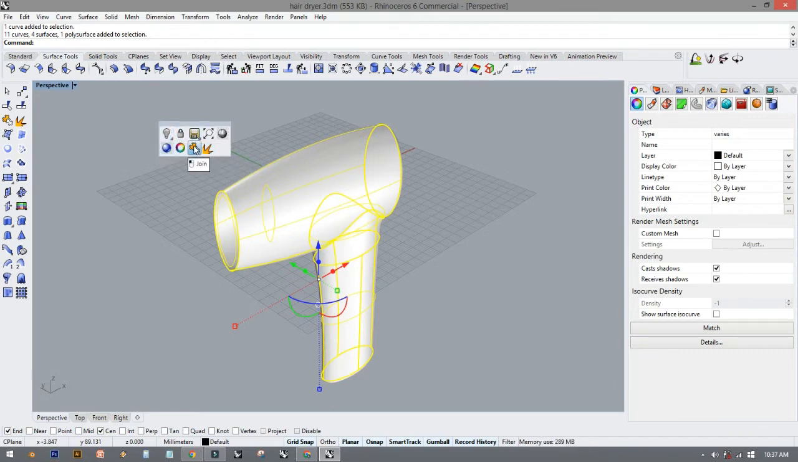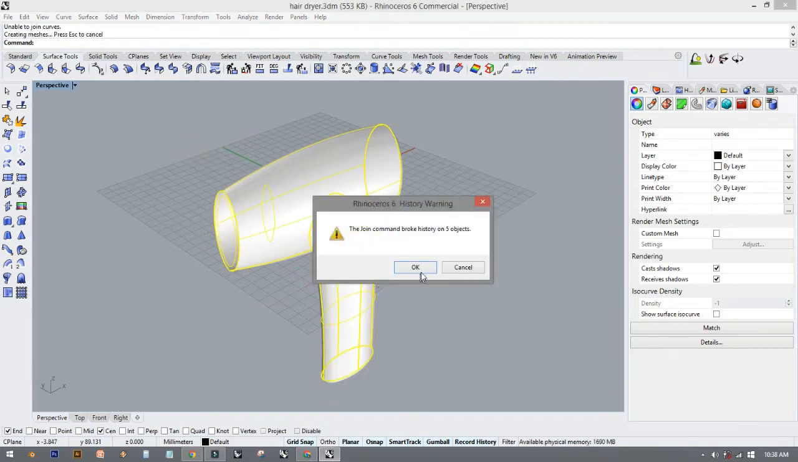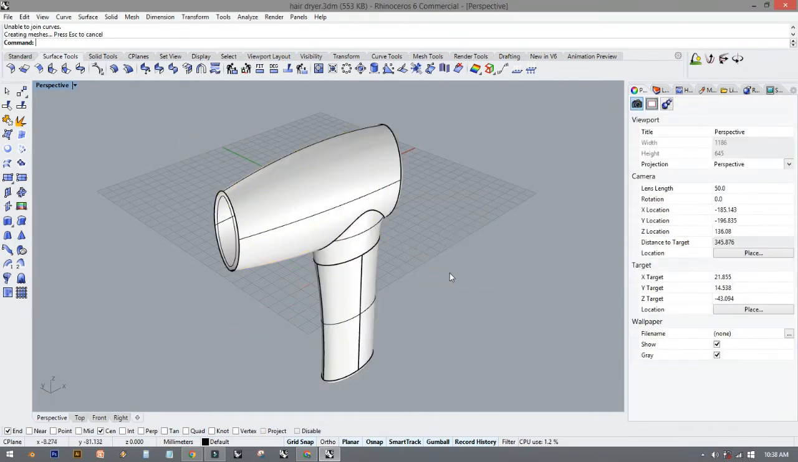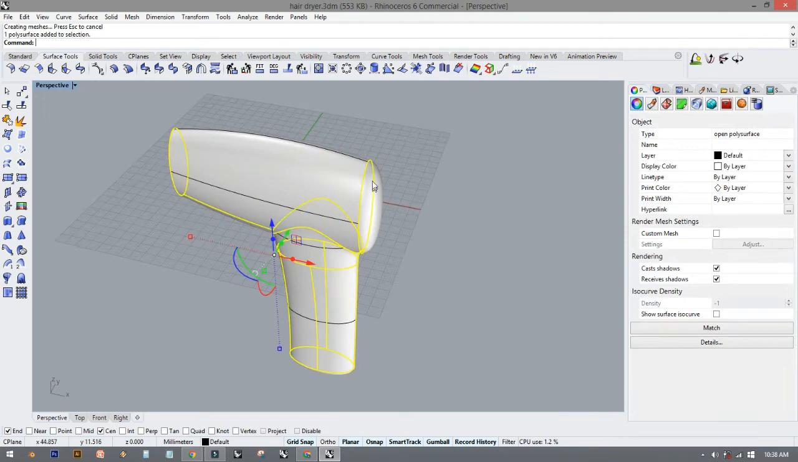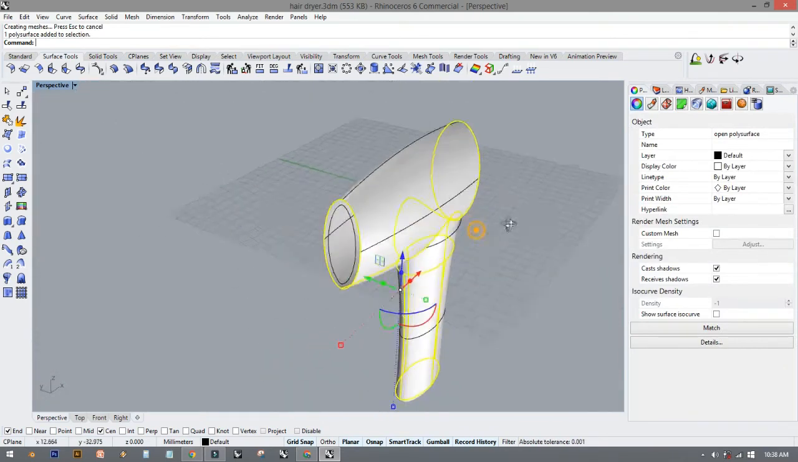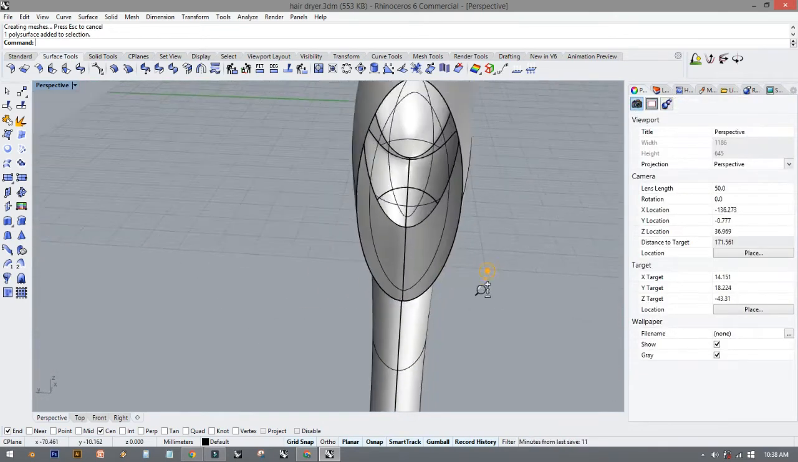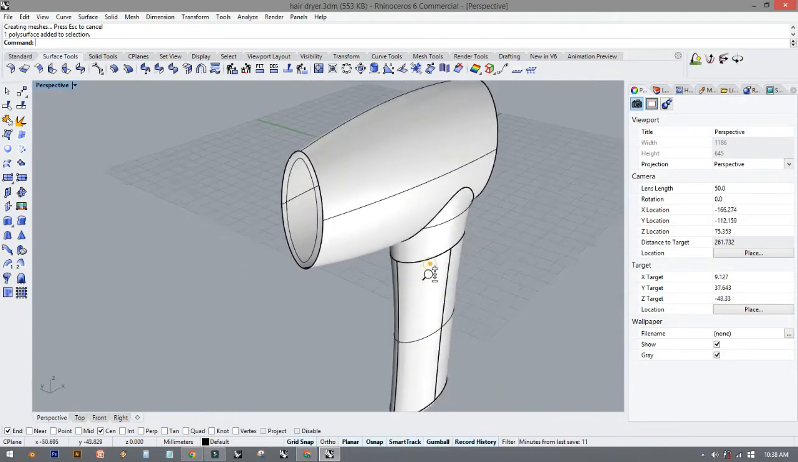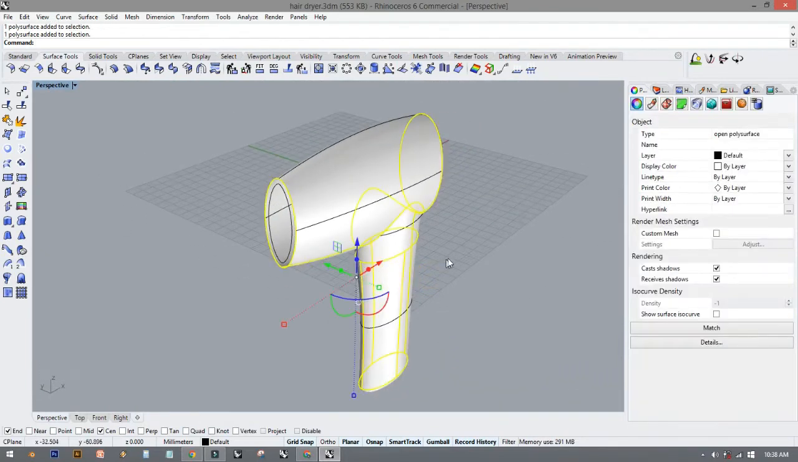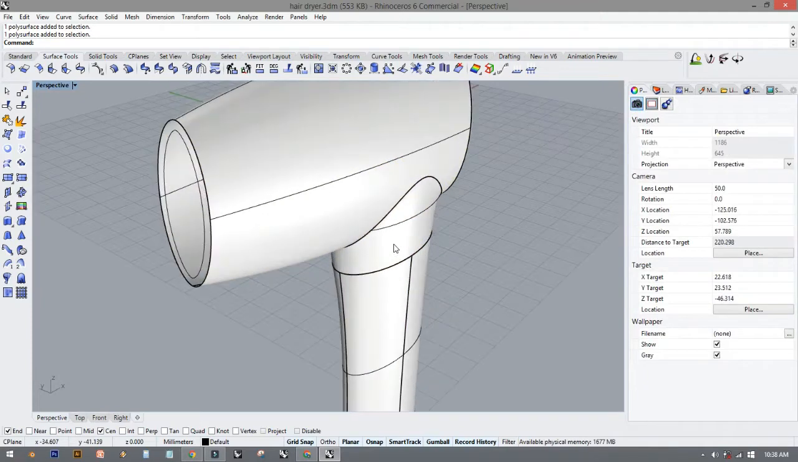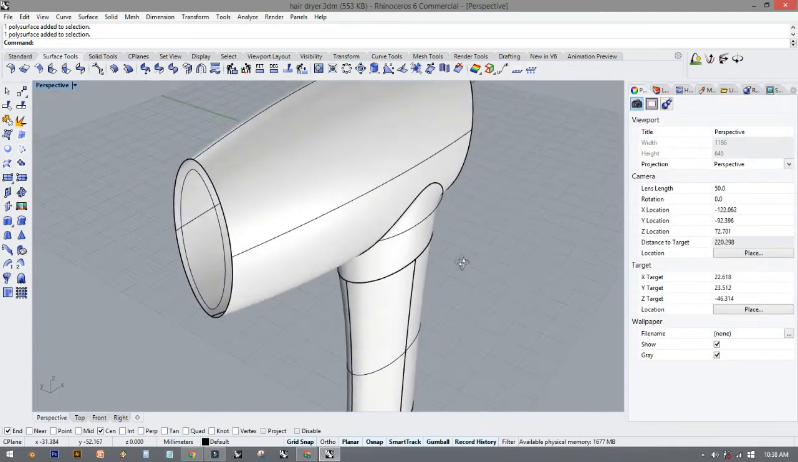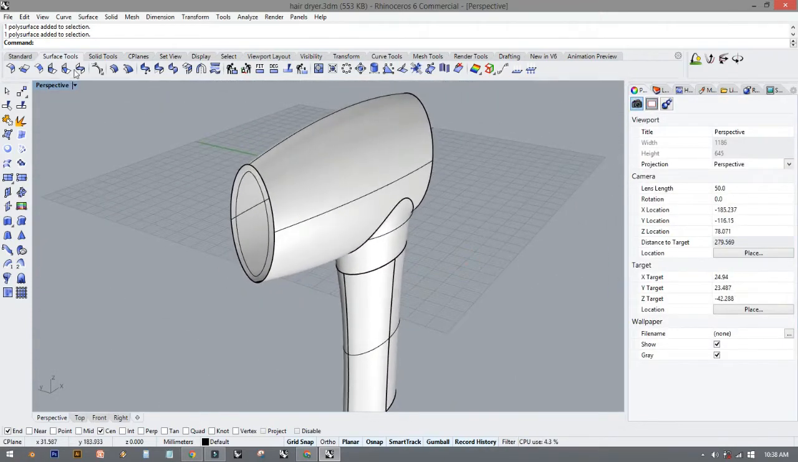So we are going to join this first. Don't worry about the history. Now it's ready to join, and then it becomes a polysurface. Actually it's already joined, so it's not solid yet, but it's already joined. So then after this, we can do